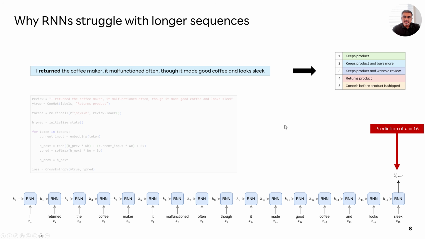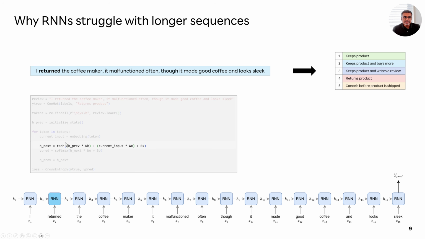However, we know just looking at this example that this prediction is heavily influenced by something that happens much, much before, which is essentially at, let's say, token number 2 or time step number 2. Now, what happens if the set of tokens that influence the final outcome appear much before the end of the sequence, which is where the prediction happens? What happens then? Let's try to see the math behind that.